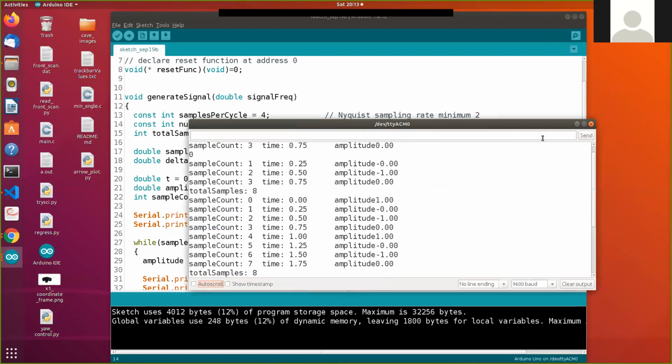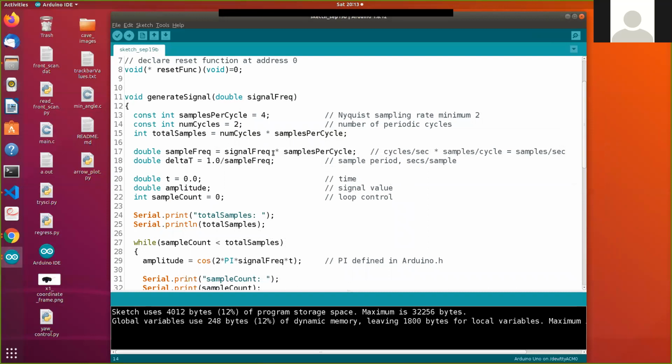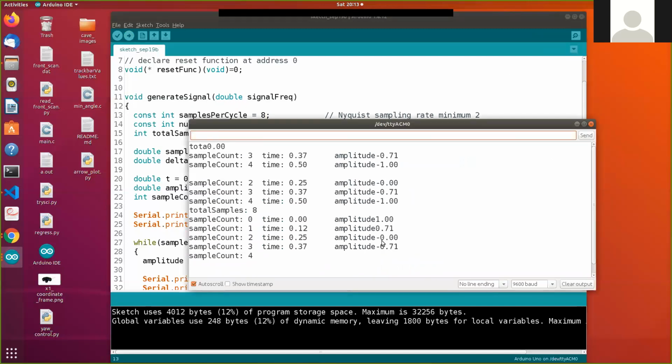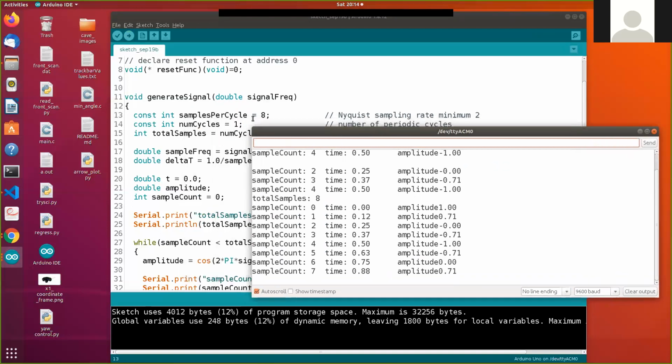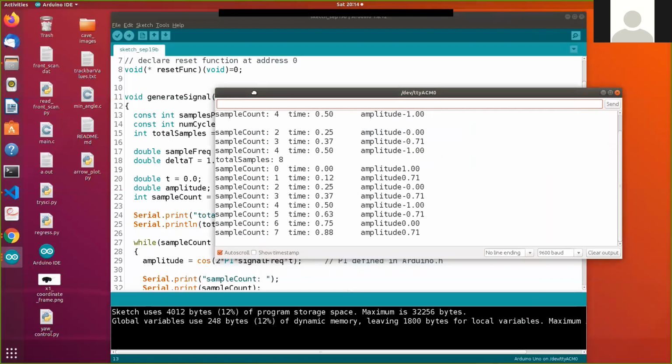So if we want to see more numbers, we could leave our number of cycles at 2. Let's just put it back to 1. But now let's say, give us 8 samples per cycle. All right, so we get 8 samples this time simply because we said number of cycles, samples per cycle. We multiply that to get total samples. So still 8 samples, but notice,